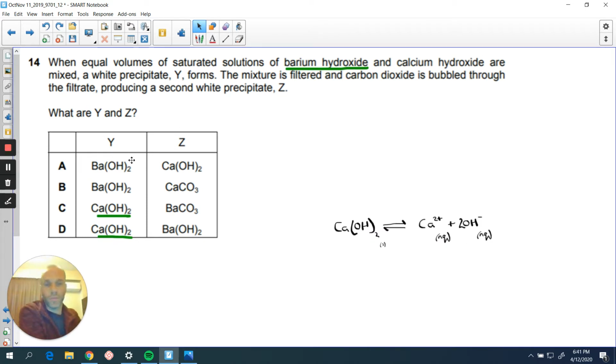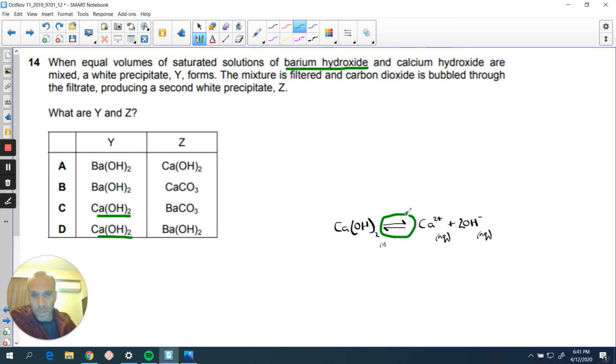I do want to explain in a bit more detail why that is. So what I've done here, I've shown you how calcium hydroxide dissociates to form calcium ions and hydroxide ions. So this is what's happening when you form a solution. But what's really important here is that you realize that this process is effectively reversible. So when you have a saturated solution and you make changes to that solution, that's why you will get a precipitate formed. Because if you think of this in terms of a Le Chatelier's principle question,